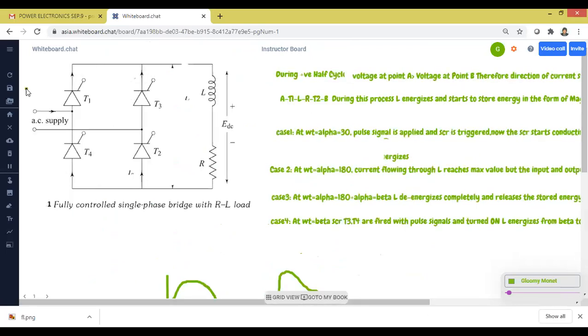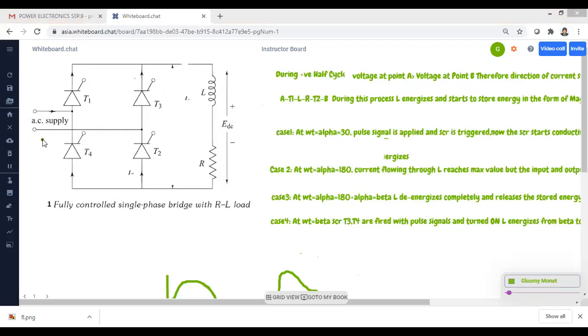So, direction of the current. Can anyone tell me what will happen to the current direction during the negative half cycle? During the negative half cycle, does the current start from point A or B? Come on, anyone, unmute and tell me. During the negative half cycle, current starts from point B. Are all of you present or not? So during the negative half cycle, current starts from point B, and from B the current